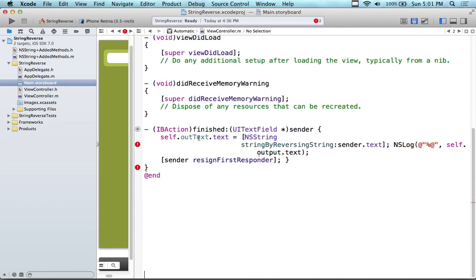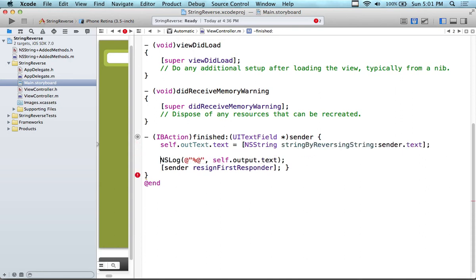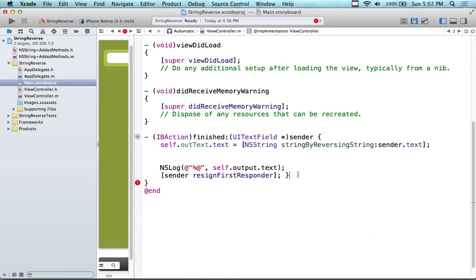And self.output text, that's the label that I put out there. It's going to be equal to an NS string object. And the NS string is going to be this method here that we created, the string by reverse string, which is going to be the sender text. Well, the sender text is the text that's in, I'm going to put that down there for a second. The text that is in the